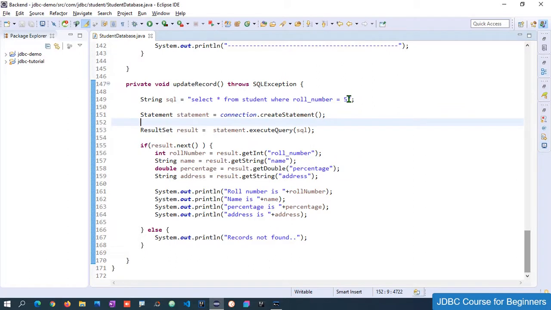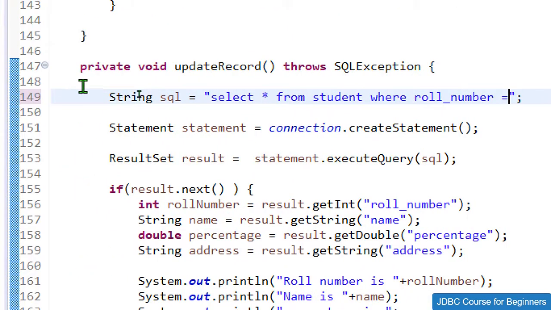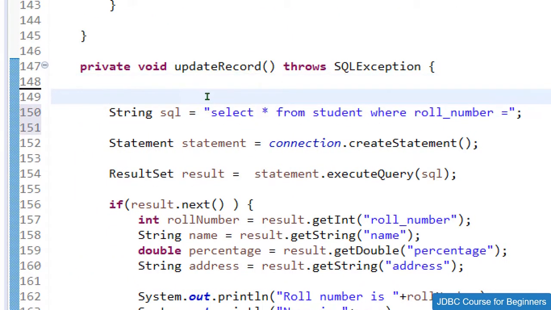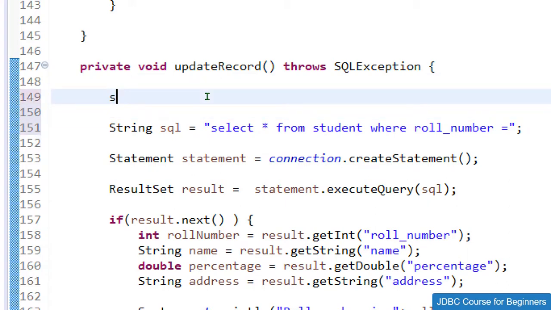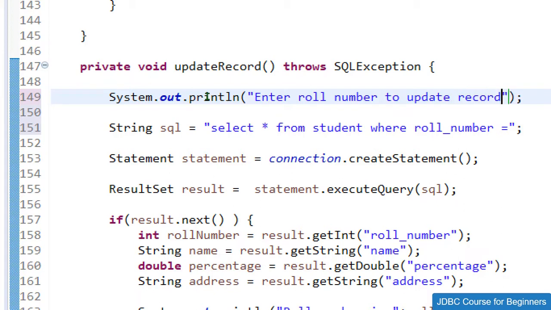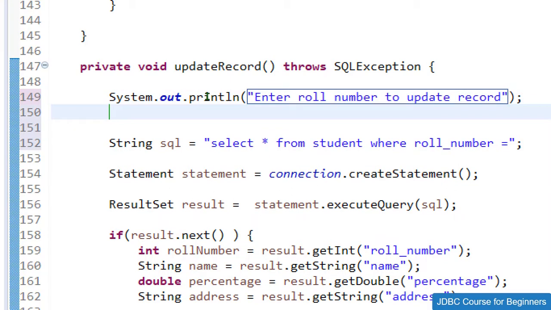But we do not want roll number 5 only, we want dynamic values. So let me remove this one and take the user input. Over here we need to give the message like enter roll number to update record, and then whatever roll number the user enters, I need to store that into my variable.